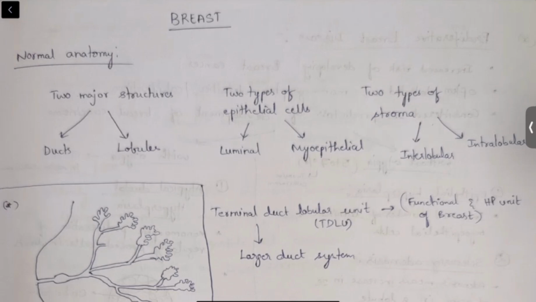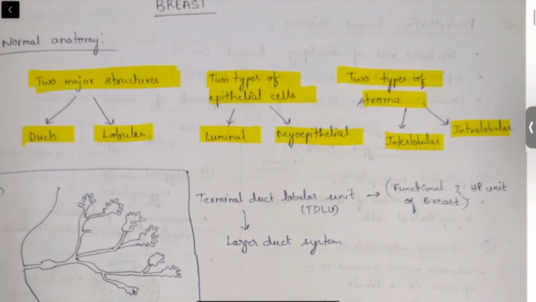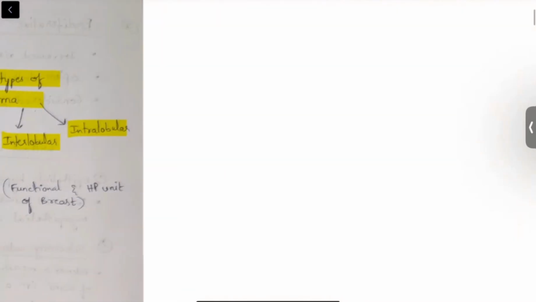Yeah, starting with breast normal anatomy. So normal anatomy of the breast, you can divide it as follows. There are two major structures in the breast, which are ducts and lobules. And there are two types of epithelial cells, mainly luminal cells and myoepithelial cells, and two types of stroma, that is interlobular stroma and intralobular stroma. So based on this, this is the normal anatomy of the breast. If you draw a diagram of a breast,